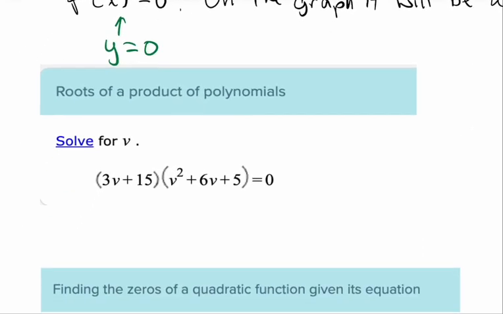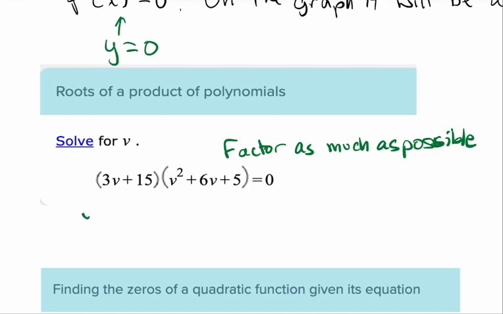So when you want to solve a problem like this, the most effective way to solve it is to factor it as far as you can go. Before you do anything else, as long as it's equal to 0, okay? So we're going to factor as much as possible. So one thing I have noticed on this problem is that this portion right here